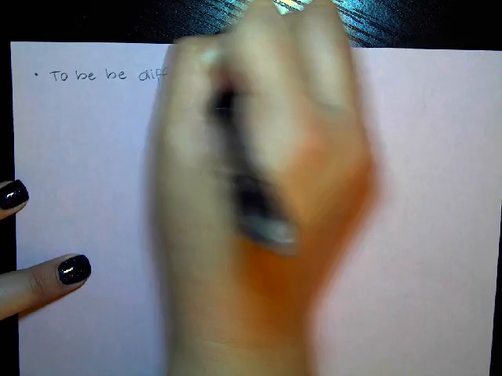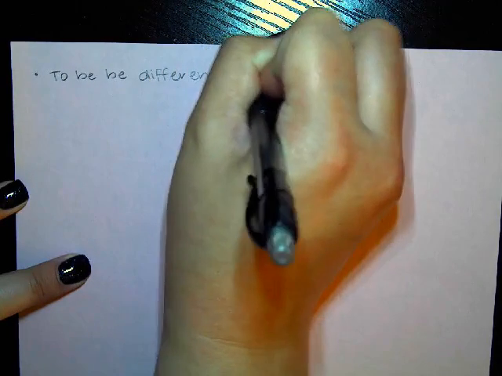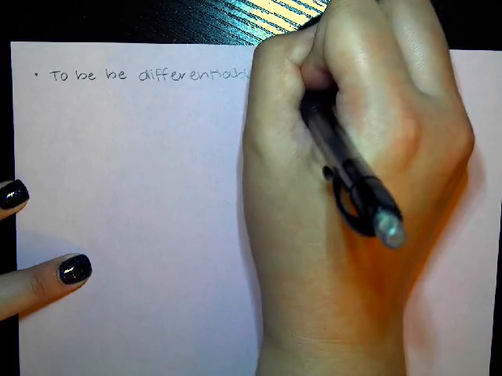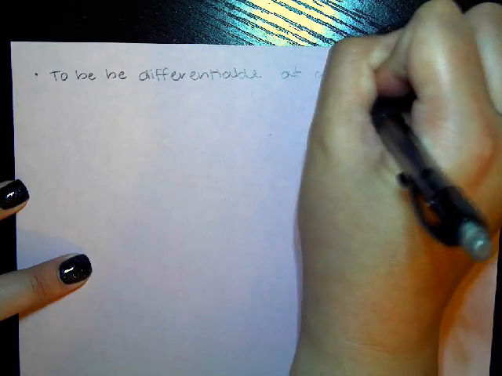Let's go ahead and take the pink sheet and flip it over. We're just going to put some notes on the back. So, to be differentiable at a point